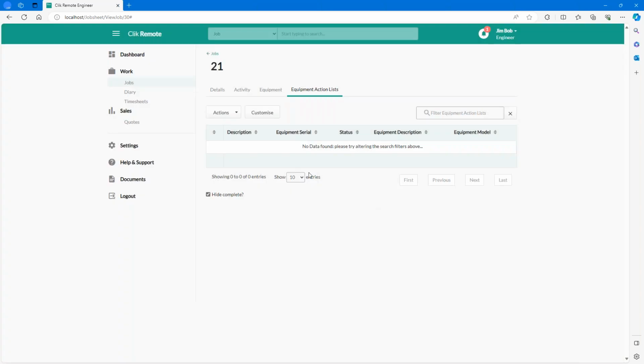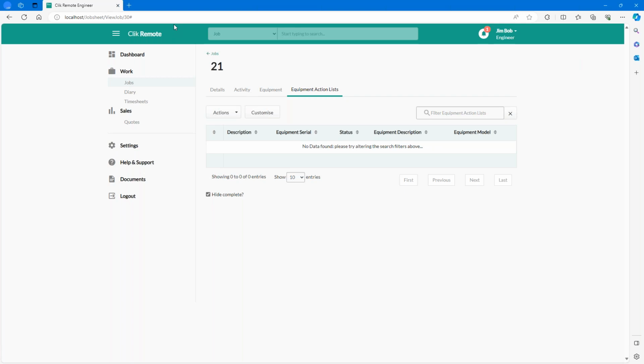Okay, so close that and you can see I've got no action list left because they've all been completed, which is fantastic for job 21. Okay, so that is kind of like how you get action list onto jobs and how you use it in Clik Remote Engineer. Now what I'm going to do is I'm going to show you how that works with Clik